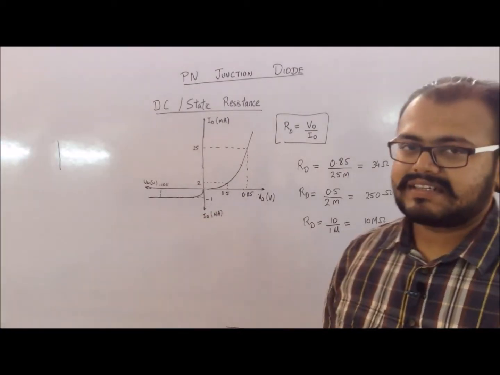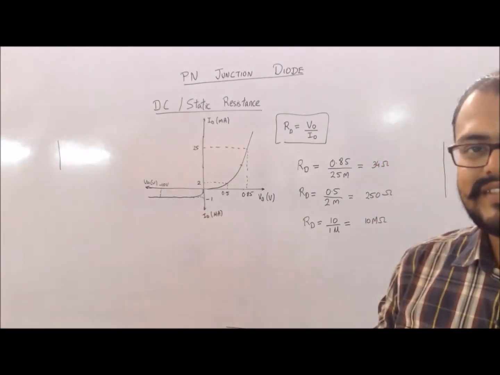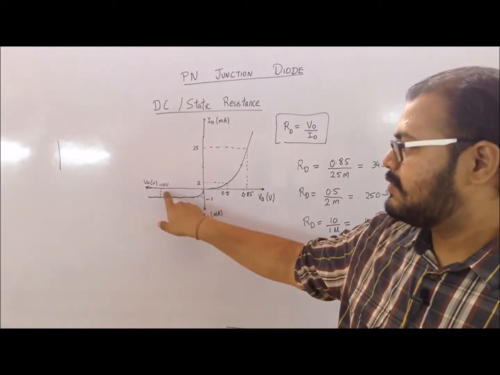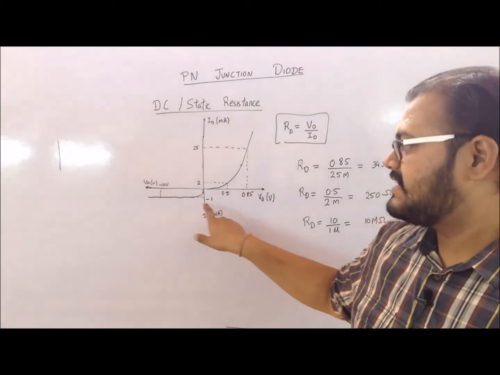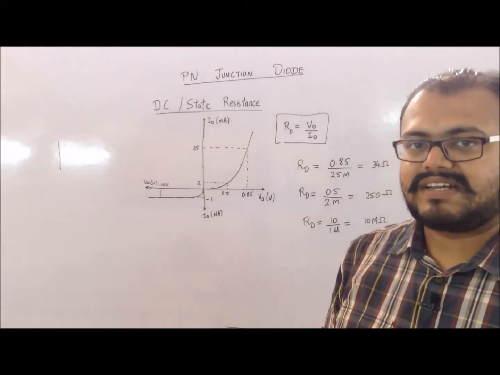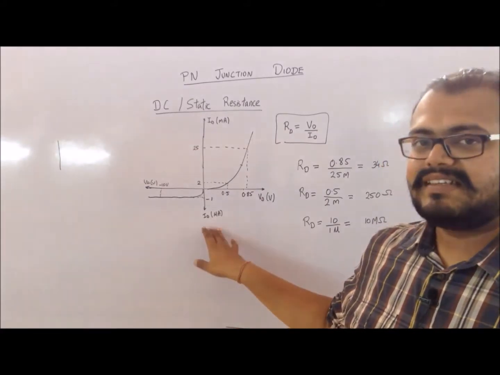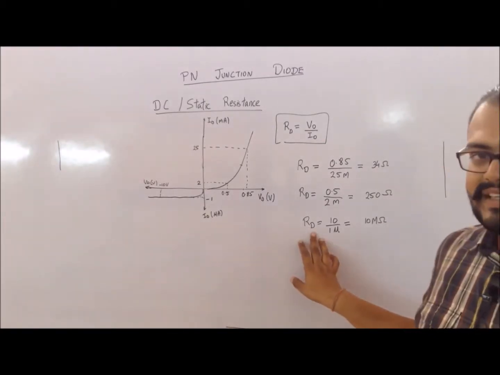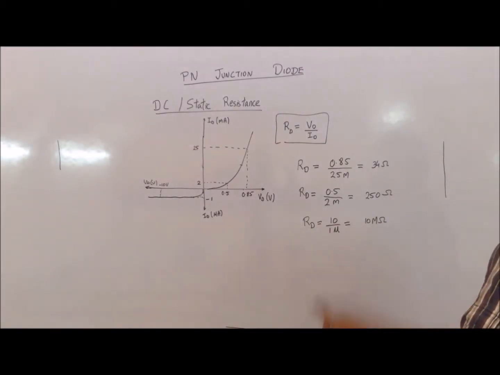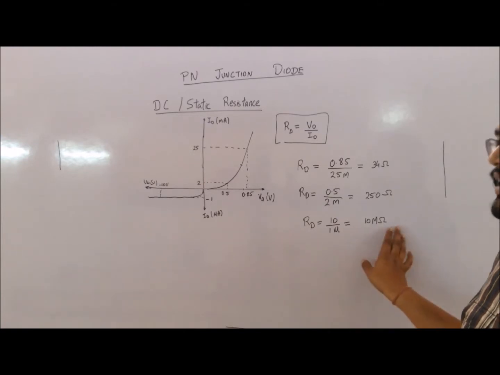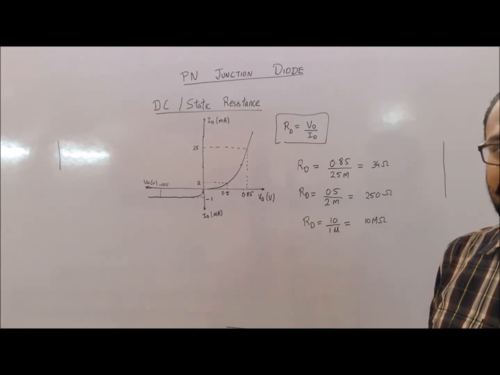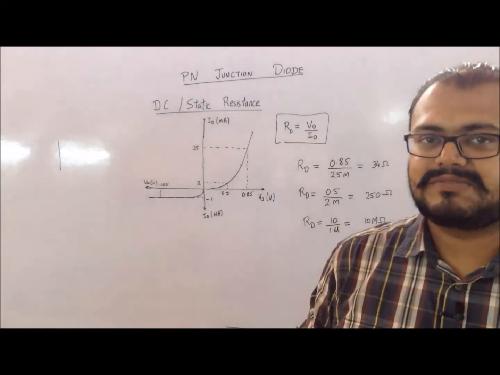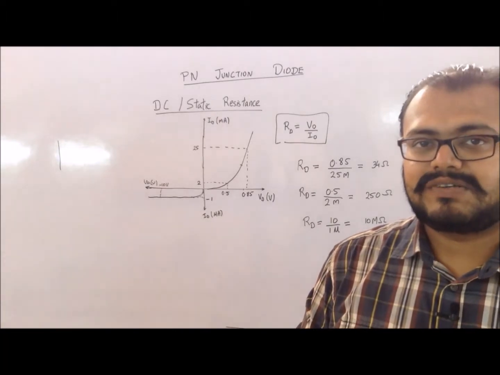Now as you go into the reverse biasing mode, a very small amount of current flows through the diode. For a voltage of minus 10 volt, I am getting a current of minus 1 microampere. The minus sign denotes that it is in reverse biasing mode. So my resistance value will be 10 by 1 micro, which gives a very big resistance value of 10 mega ohms. This is quite obvious, because in reverse biasing mode the current flowing through the diode is very small.